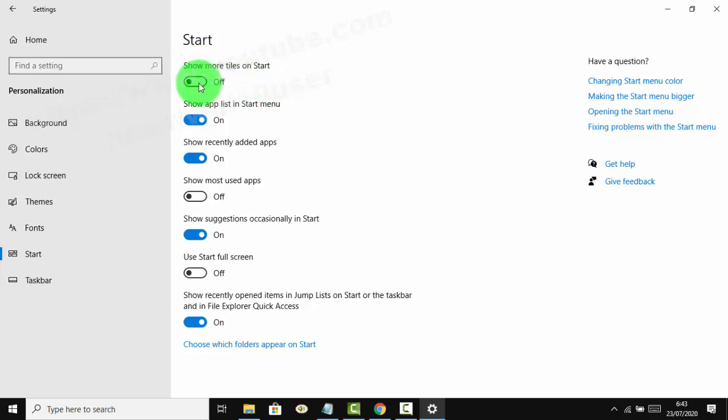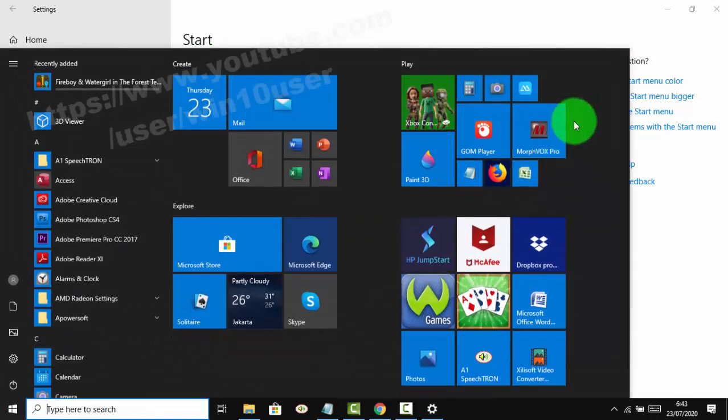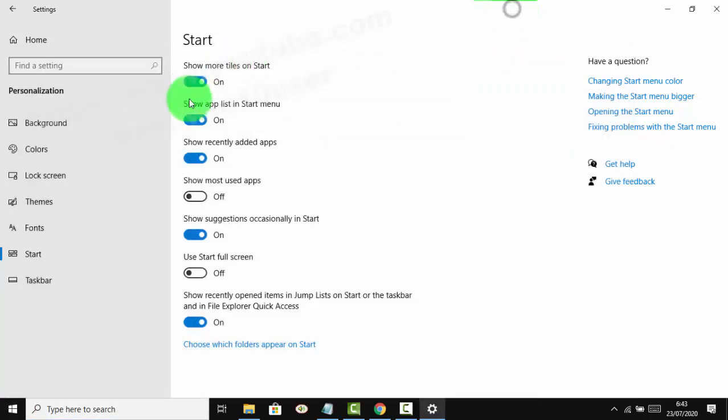If you turn on show more tiles on Start, you can see tiles reduce. If you turn off,